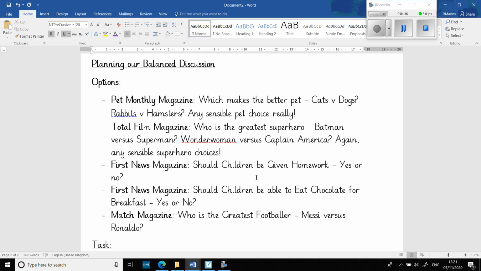If we want to do cats versus dogs, by all means do that, because although we practiced a little bit, we never really fully completed one. But if you've got other things you want to write about, go for that. However, if that doesn't really interest you, Total Film magazine would like someone to write for them about who